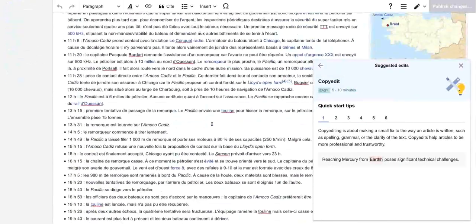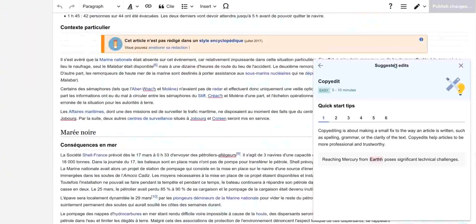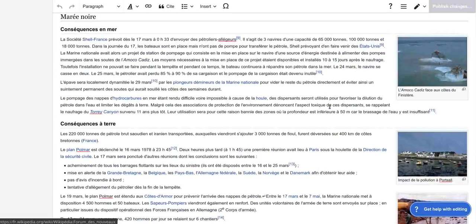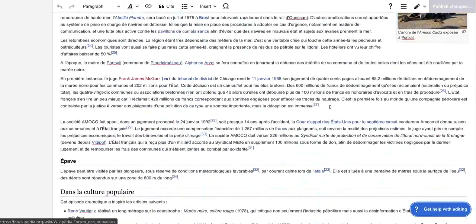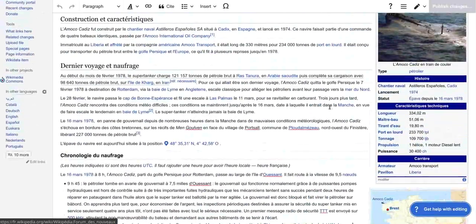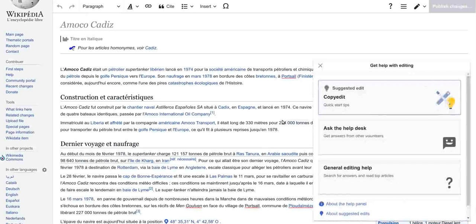Well, let's try to find something to change, even minor, so that I can show you the next step. Okay, I'm going to hide it. Sometimes it's not that obvious to know what should be changed. Anyway, one of the new steps is that when you save the page, you get an invitation to make a new suggested edit, which is really helpful when you don't know what to do next.